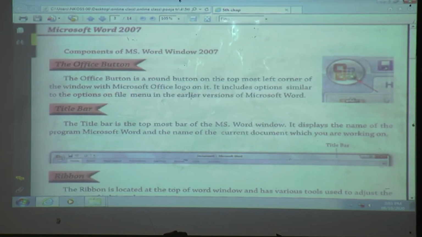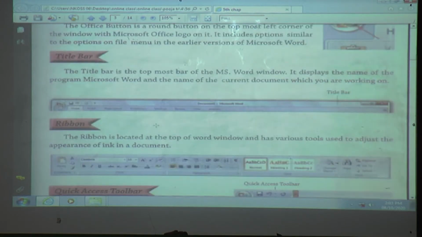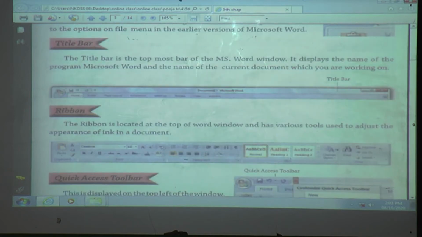What does the title bar display? Title bar displays the name of the file and where we are working currently. Next one, ribbon. The ribbon is located at the top of the Word window and it has various tools used to adjust the appearance of text in a document. That we discussed in last period only.